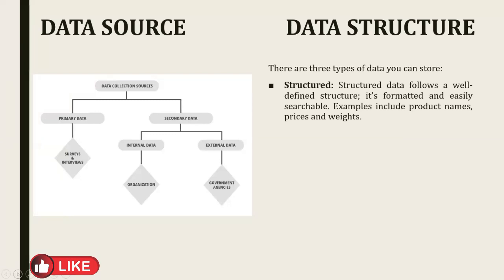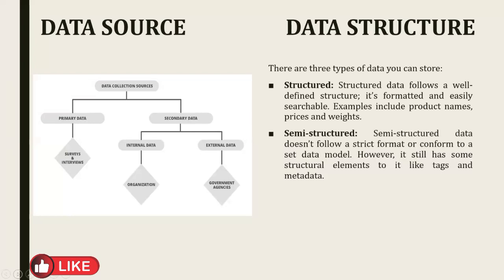Examples include product names, prices, and weights. The other one could be unstructured or semi-structured. Semi-structured data doesn't strictly conform to a particular data model, however it still has some structural elements like tags. And let's explain: when you say something is structured,